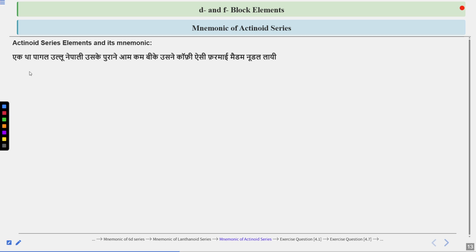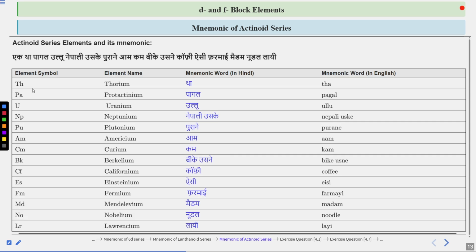Okay, so you can see in the table that we have given the element names of the actinoid series, their symbols and their mnemonic words in Hindi and English both. So it is था पागल उल्लू, नेपाली उसके पुराने आम कम बिके, उसने कॉफी ऐसी फरमाई मैडम नूडल लाई. Okay, so Tha is for thorium, that is TH, Pagal for protactinium, that is PA, Ullu for uranium and U,